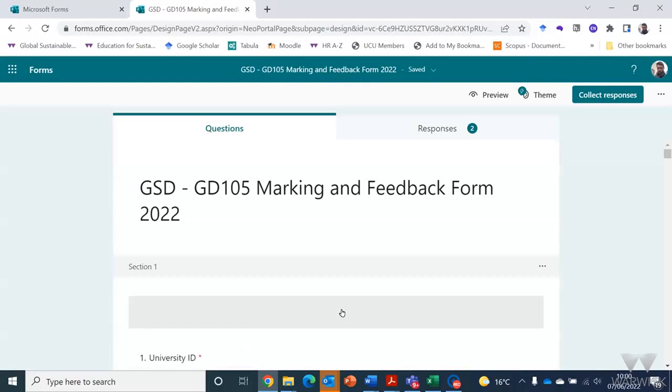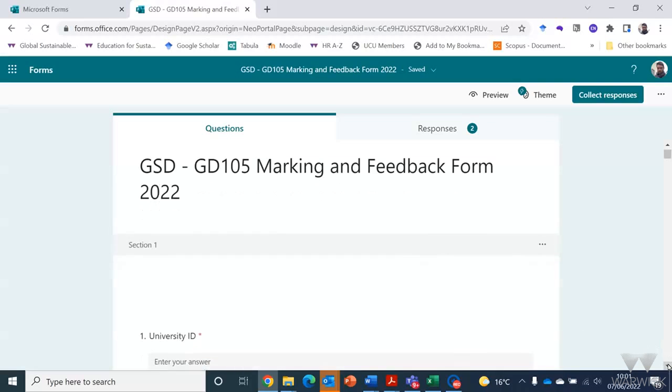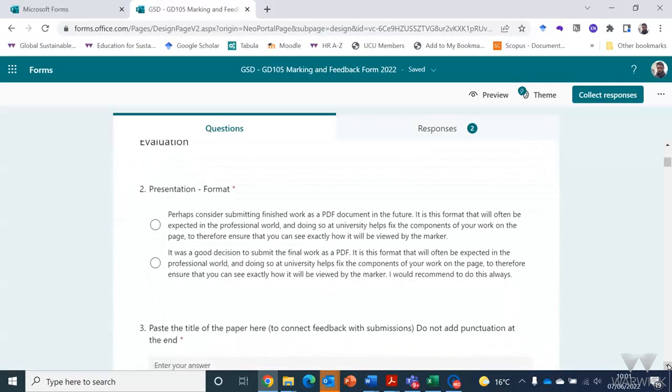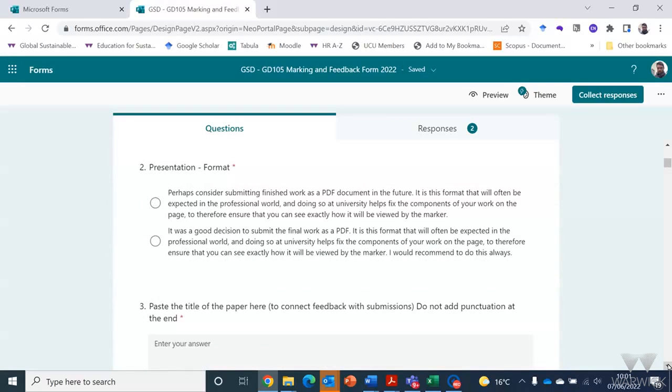I think I can help you revolutionise the way you provide marking and feedback and feed forward to learners very quickly by using Microsoft Forms, Microsoft Excel, and Mail Merge. The first component of this approach is to create a form using Microsoft Forms that essentially captures all of the likely comments that you might make on your learner's work and converts them into a tick box exercise